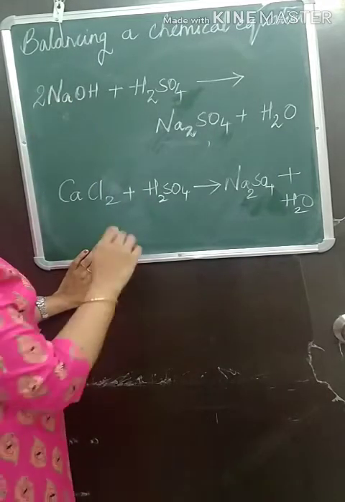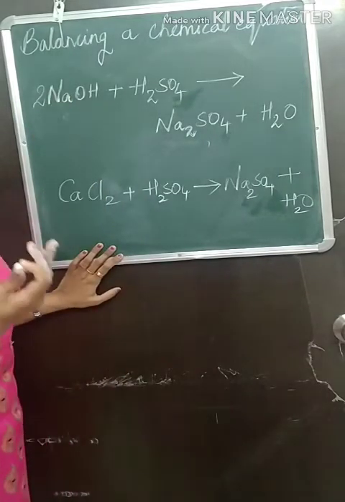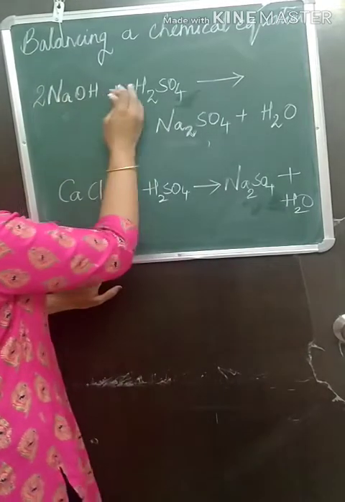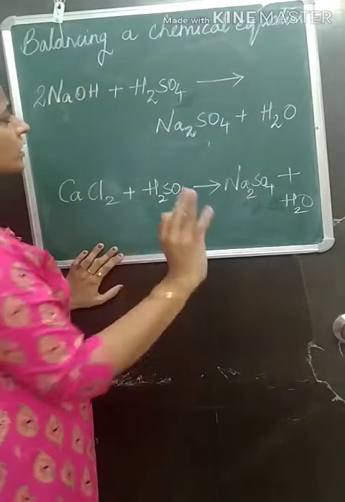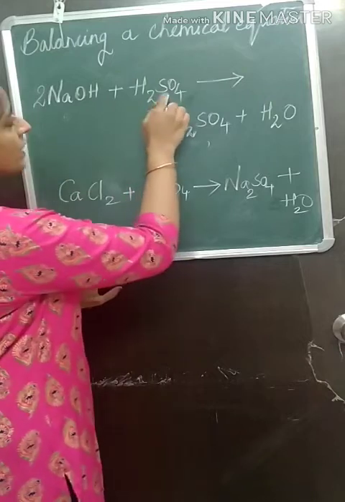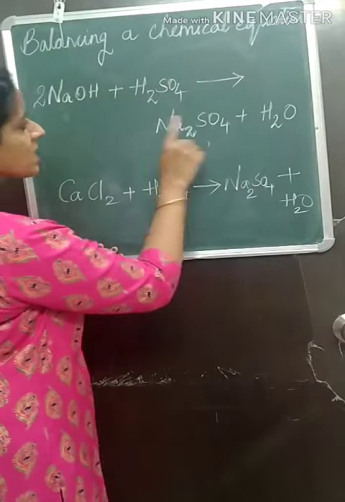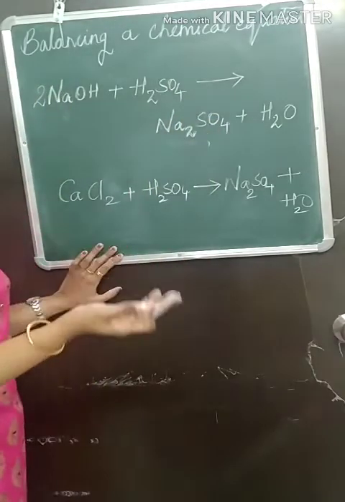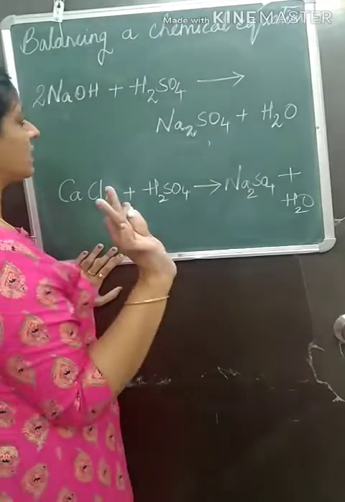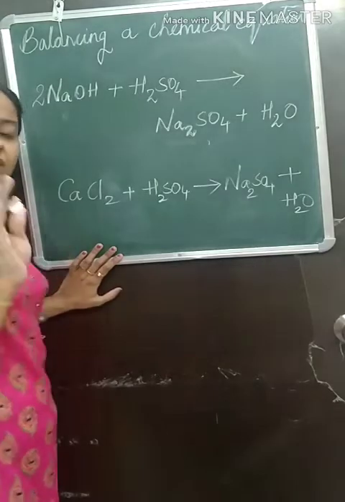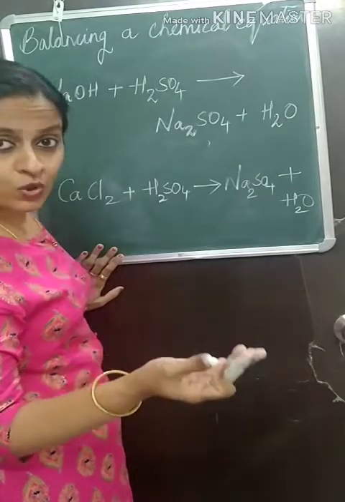Okay. Now after metals, we will go for non-metals. Which is the non-metal here? Oxygen and hydrogen we are not considering. Other than that, non-metal is sulfur. Sulfur here is 1 atom of sulfur on the reactant side, 1 atom of sulfur on the product side. Sulfur is already balanced. After metal and non-metals, we will balance oxygen.